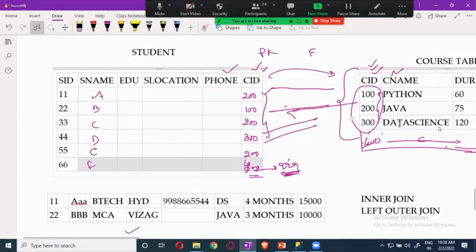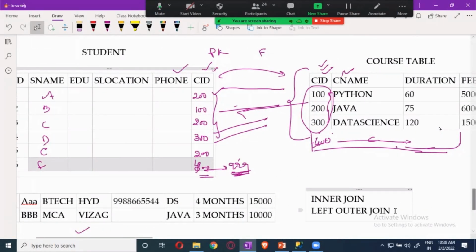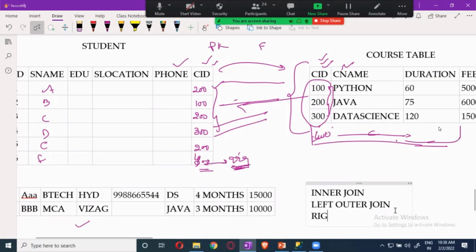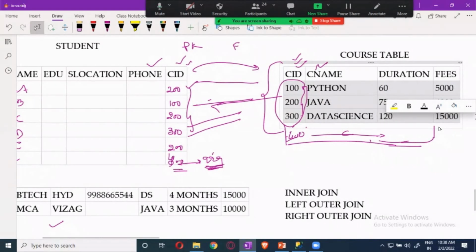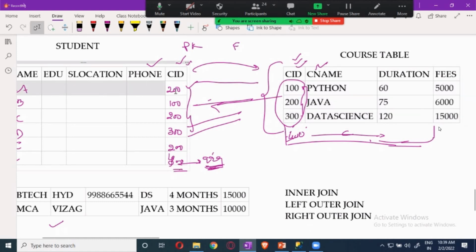Now when I say right outer join, again it's right centric, so it will give you all the course details present on the right side. Irrespective of the left side, it will present all the course details of the right side, and from the left side only the student records matching the course ID will be present.